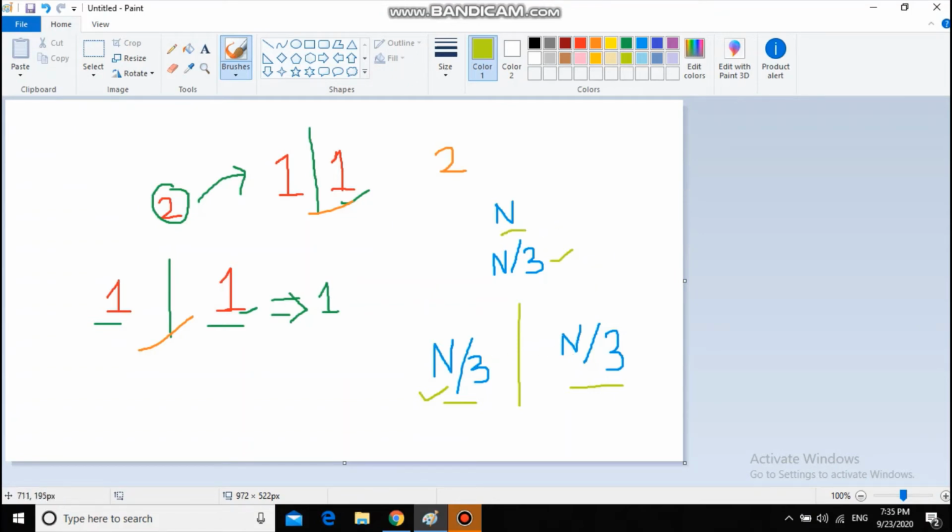So we will go to the remaining n by 3 and again divide it into three parts: n by 9, n by 9, and n by 9. Again we will compare these two.